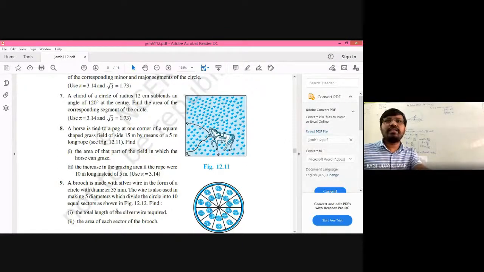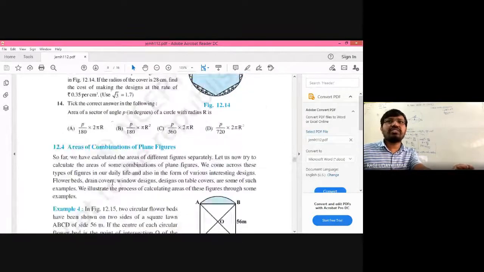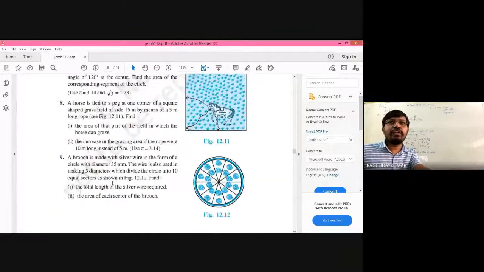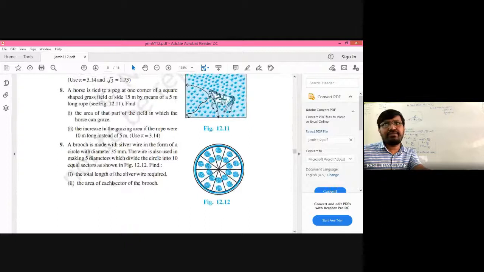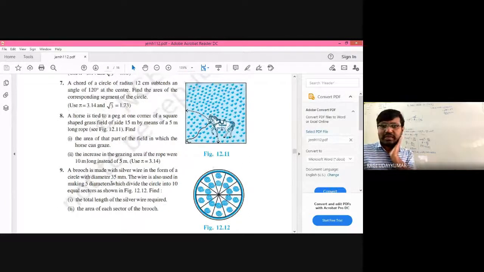So this question, the next, 8th question. From here onwards, mostly all the questions are just applications in your day-to-day life. But all the questions are simple. Same model, nothing changes in the model. I think you can do it. It's not difficult for you. It is calculation oriented, but I will explain to you.